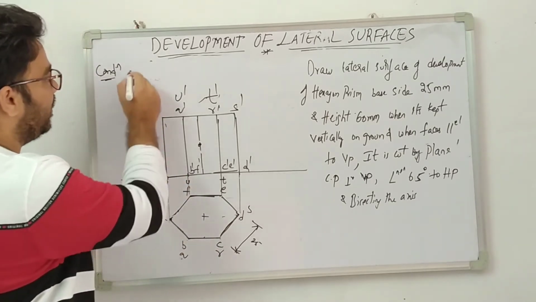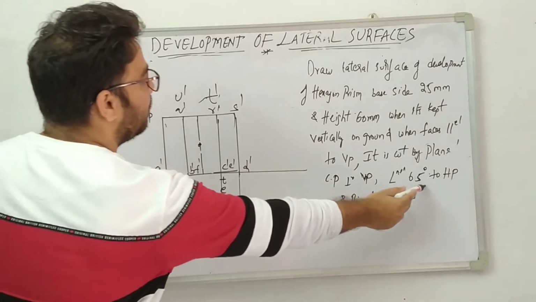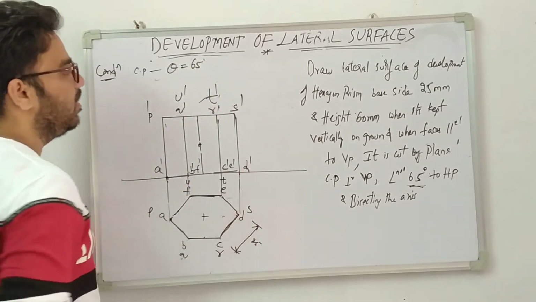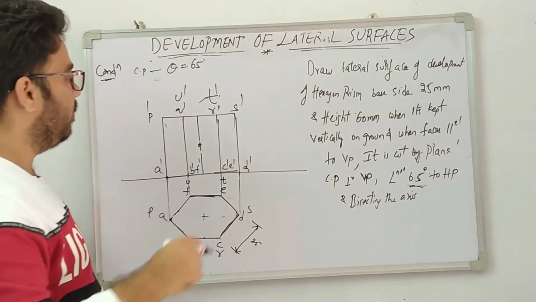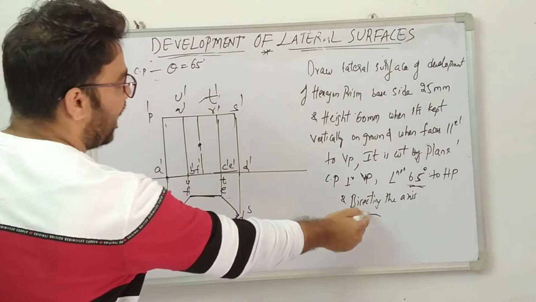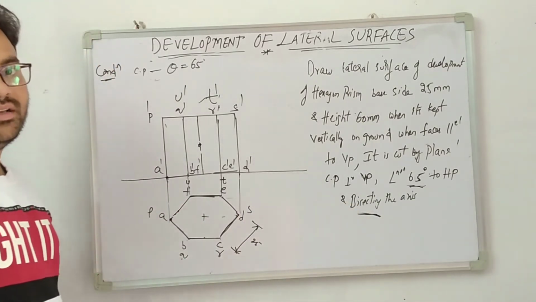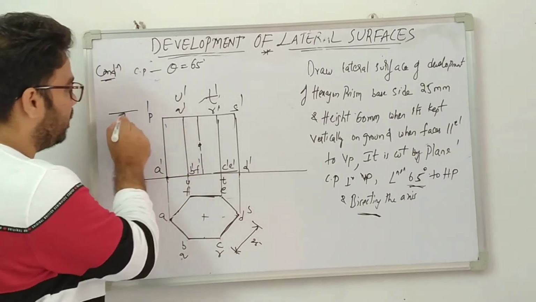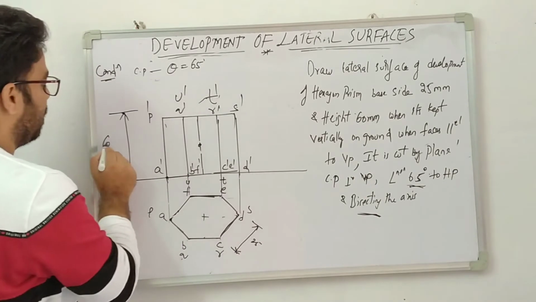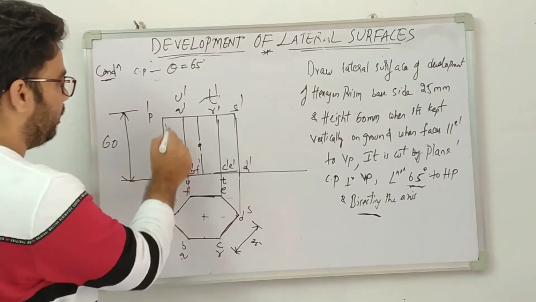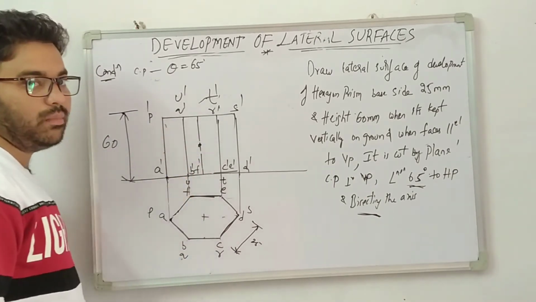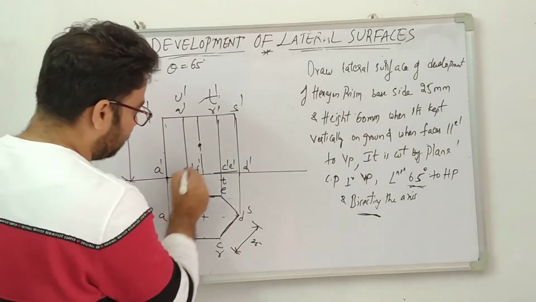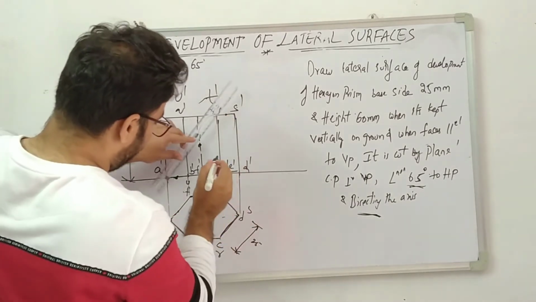Now another condition is the cutting plane is inclined at 65 degrees to the HP. So theta is mentioned. How much? 65 degrees. So theta should be represented in the front view, making an angle exactly at the bisecting axis. Bisecting axis or midpoint both have the same meaning. So select the midpoint. What is this height? This height is mentioned as 60 mm. I have taken 60 mm, and at the midpoint, from here to here 30 mm, at the distance of 30 mm, draw an inclined line making an angle of 65 degrees. So this is the 65 degree angle I need to draw.